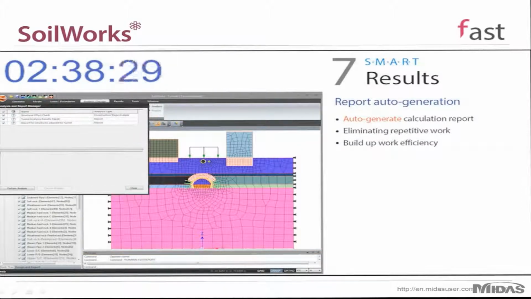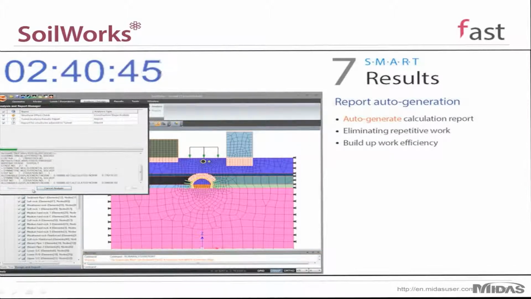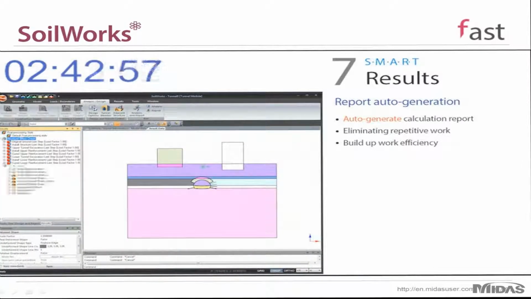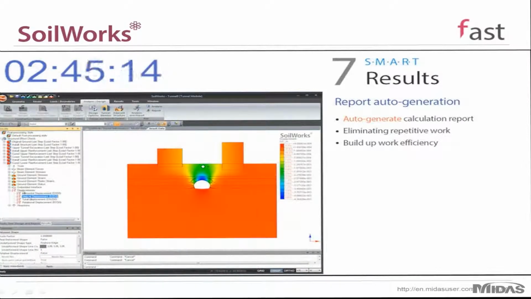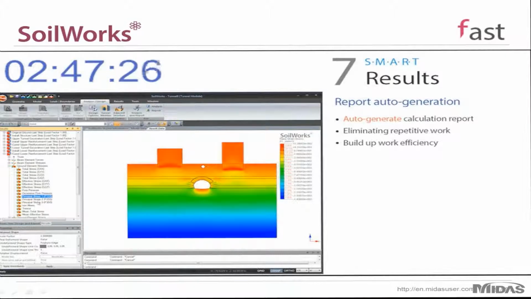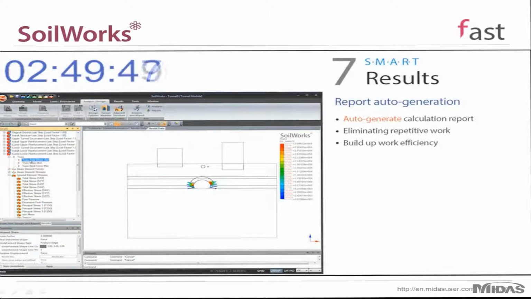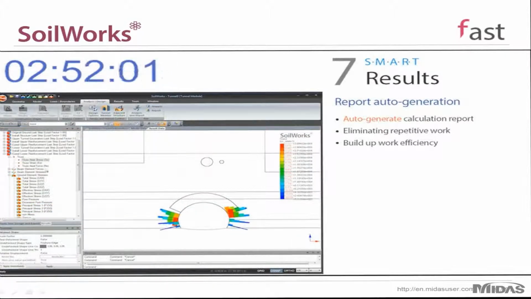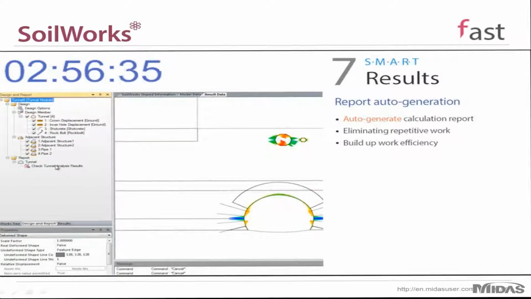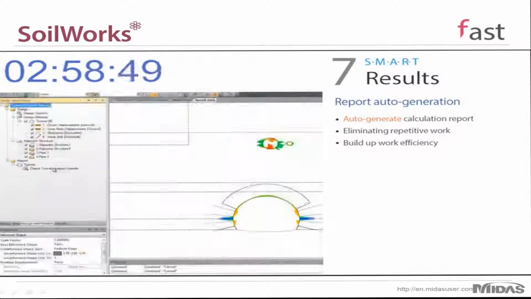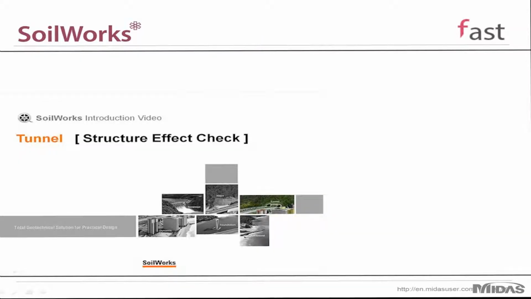And then finally, he'll be performing his analysis. So within a few seconds, you're in post-processing, and all of your results are easily formatted and laid out for you. And you have your contour tables representing your various displacements, deformations, etc. And then the rock bolts and the crown members are grouped together so that in the final report, it's all very easily formatted for you for your convenience. So in about 3 minutes, he was able to finish everything. Obviously, that was an idealized example. But that just goes to show how quickly you can perform your modeling and your analysis with SoilWorks.